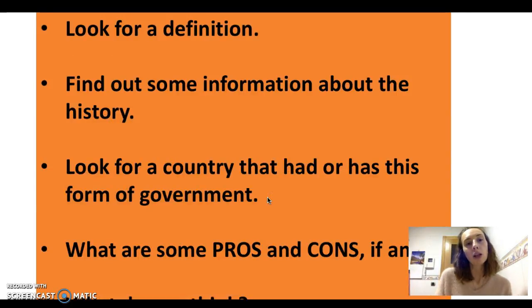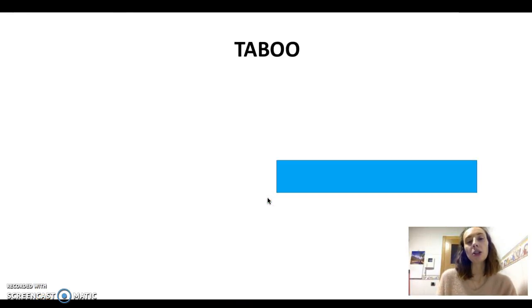students in groups looking for specific information for one form of the government that we've looked at, which they will then represent in a poster and then present orally to the rest of the class. And then as a class, we can discuss the pros and cons of the different forms of government that they have found information on. This will be followed to consolidate the vocabulary, taboo,